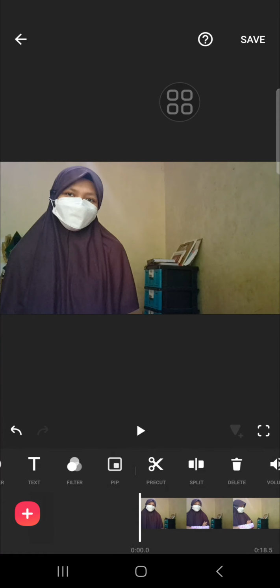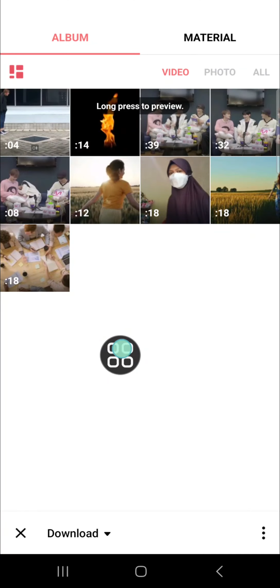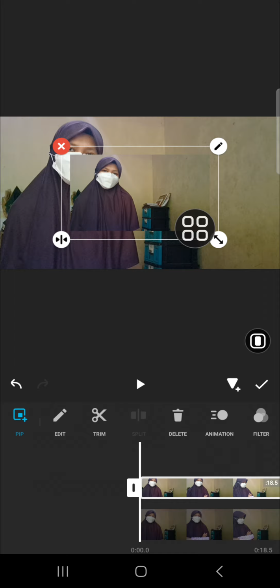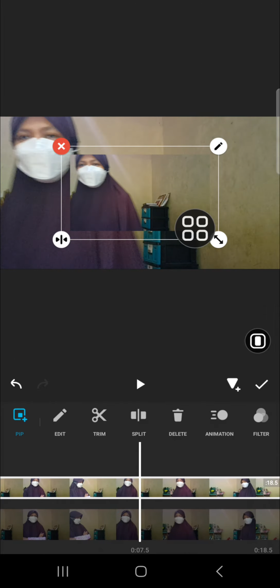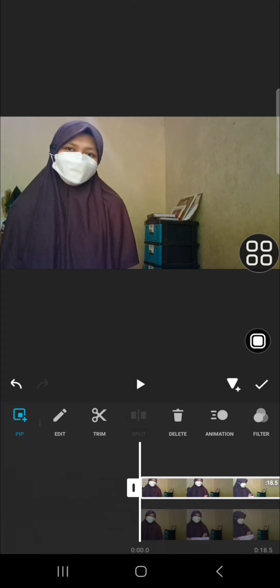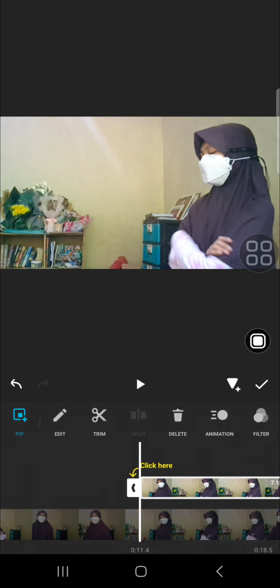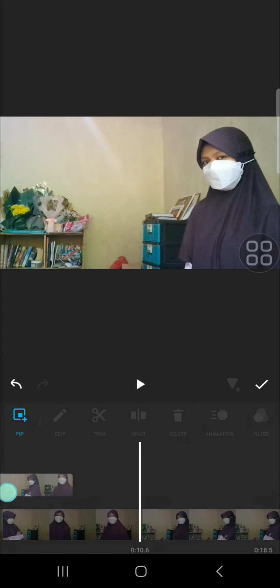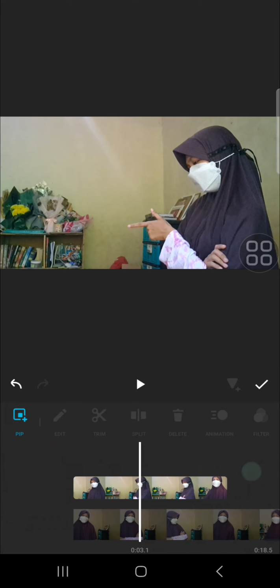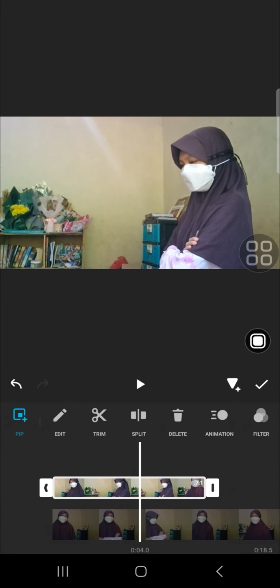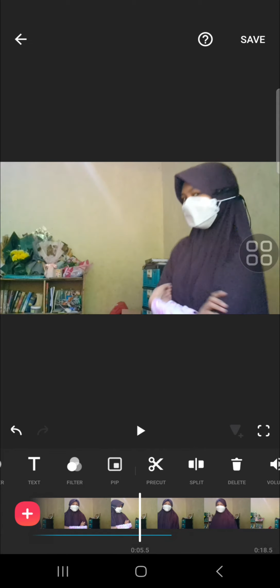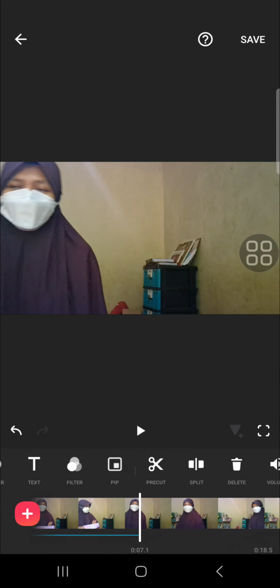And the second one, we have to overlay this video with the same video. You can just go to the PIP option and then import the same video. Okay, and I'm going to click on this autofill button to fit the screen like this, and I'm going to cut the video. I'm just going to take this angle and I'm going to make it align with my first video, and then we're going to click on this check mark, and I'm going to cut my first video as